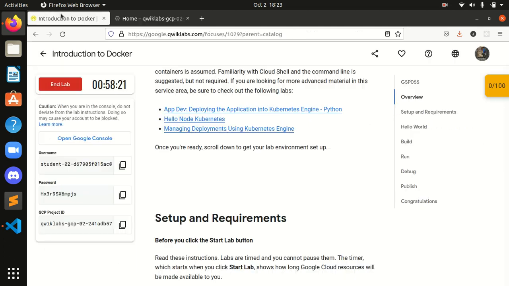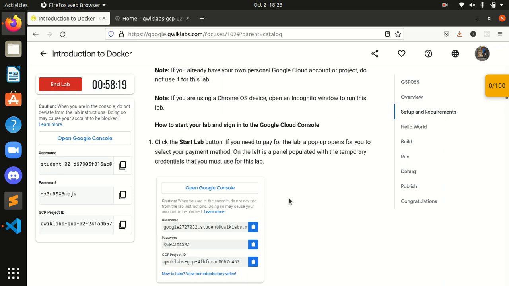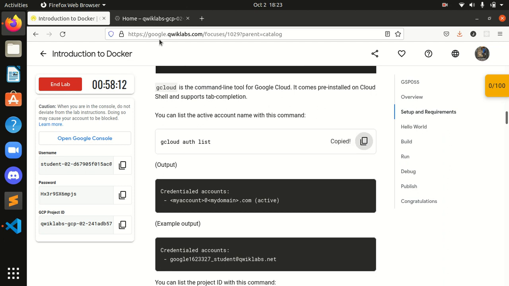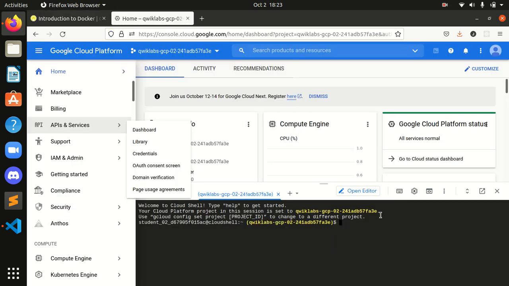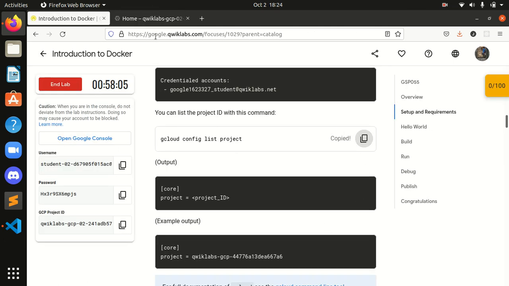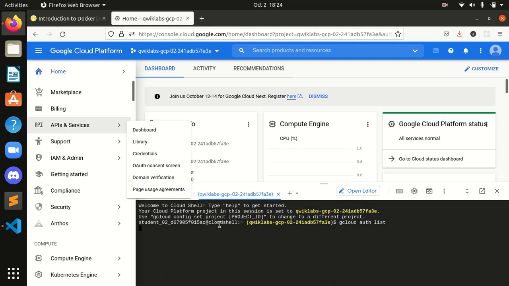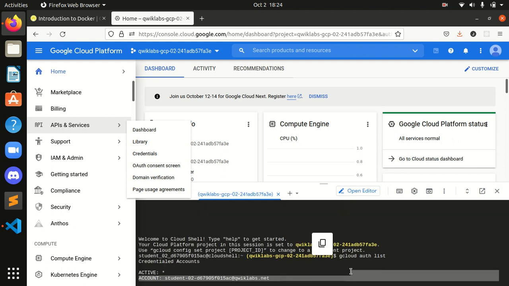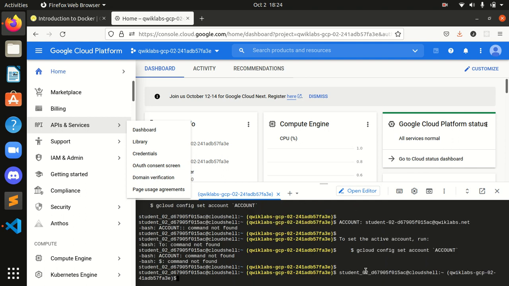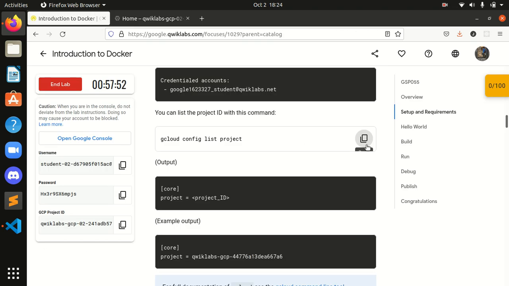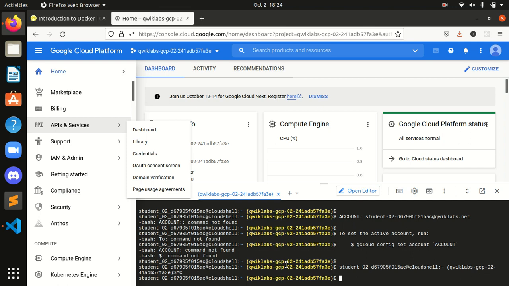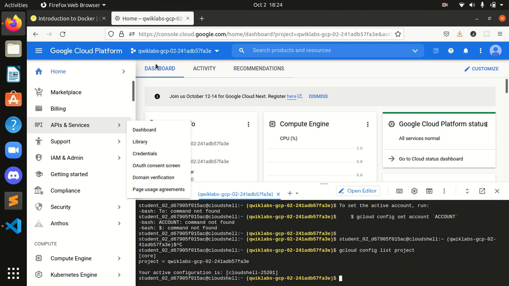So let's start this. The first task is the Hello World part. In that, first of all, we will activate Cloud Shell. For that we have to authorize and list the project. So we will paste it here and press enter. Okay, I will simply copy this command also and authorize it. And guys, I will paste it here again. Okay, wait guys, something went wrong. I will copy this with Control C and paste this command again.